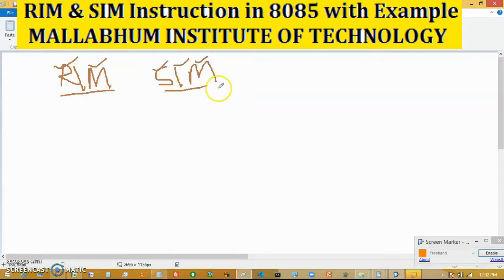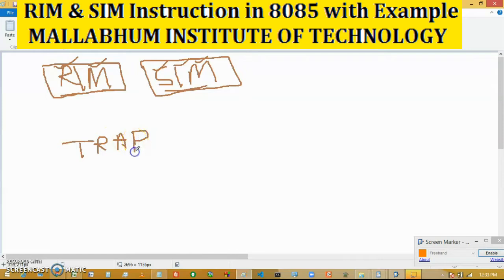Before discussing these two instructions, I would like to give some overview of the related interrupts behind them, so that we can easily understand the working of these two instructions. I would like to give you the four interrupts the microprocessor holds related to these two instructions. First one is TRAP, second one is